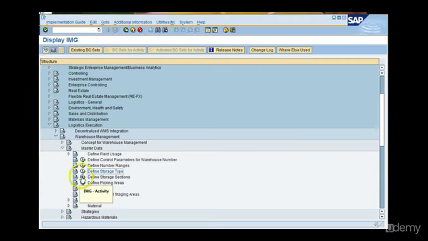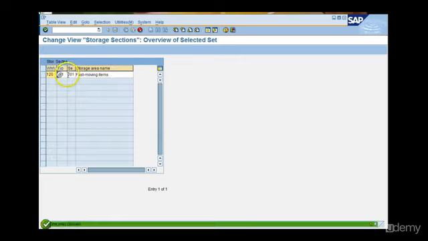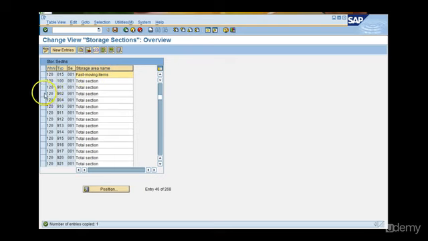Now I need to define storage sections 001 and 002 as fast moving and slow moving. I have my storage type already defined, but it doesn't appear here because we haven't yet created a storage section for the storage type. So what we can do is copy any of the storage sections. We will copy this because it already has the definition. I will copy this and create it for 015, storage section 001, fast moving items. I hit enter and again